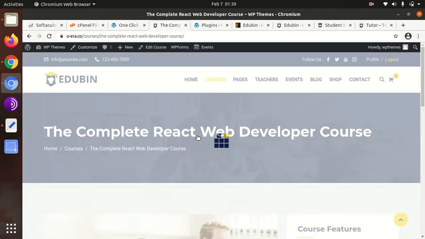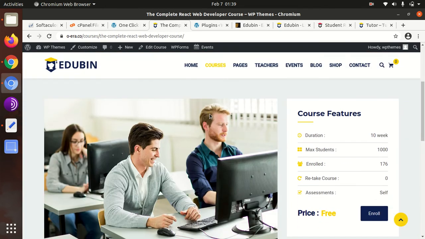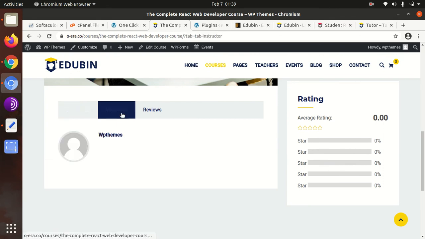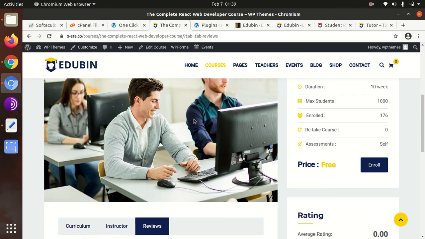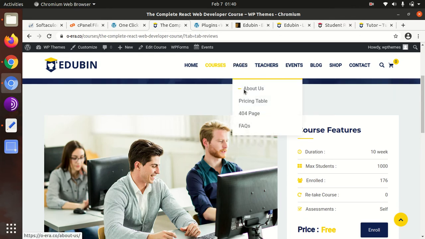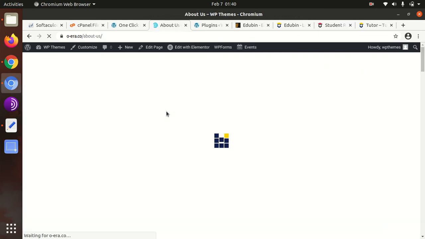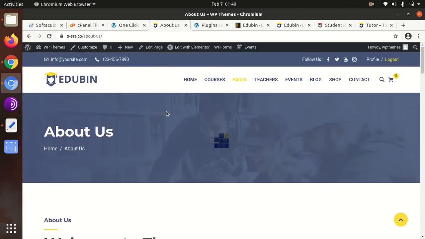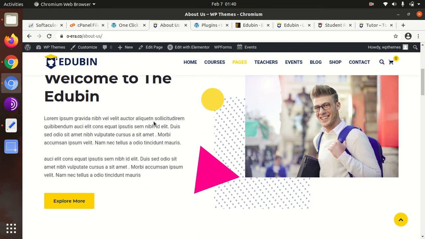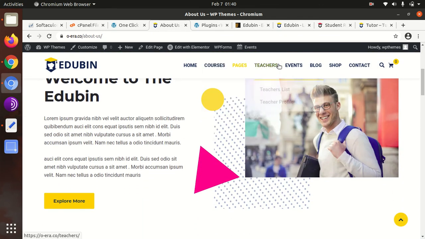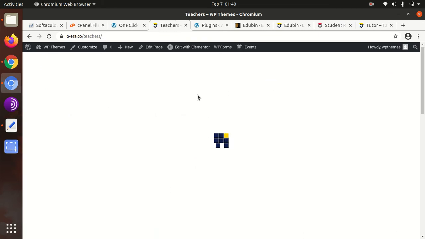We have done it, and you can see the speed now. It is really fast, lightning speed. However, I am not using any cache plugin as of now, and you can see the speed. It is really very fast.